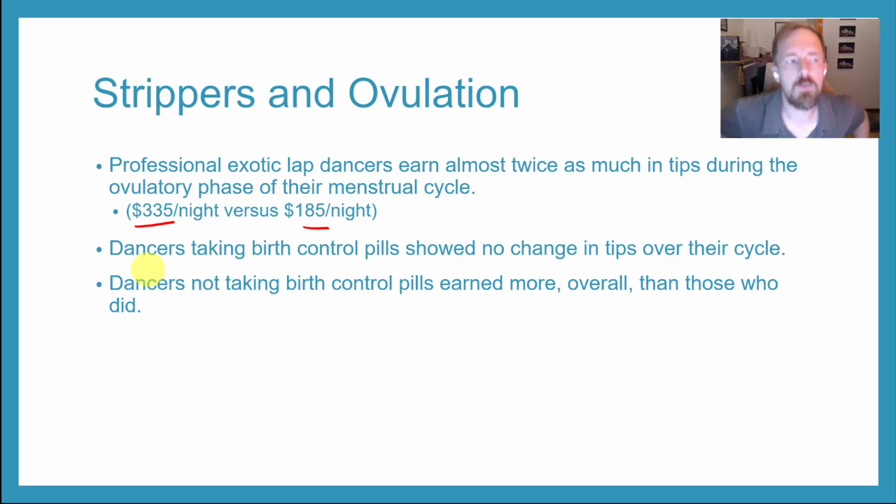And again, you have to wonder, well, why is that? How could these patrons of these clubs that are giving out tips, how do they know? How are they able to perceive this? I don't think you could go to any of these customers and ask them, well, why are you giving more tips to this individual and not this one? I don't think they could say, well, this person is ovulating and this one isn't, right? No one would say that. So what is it that they are responding to?